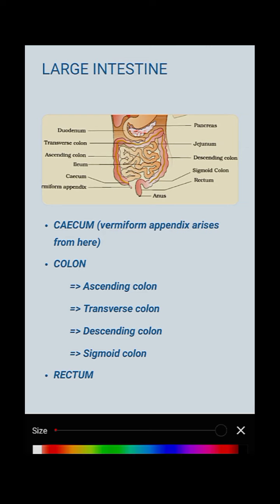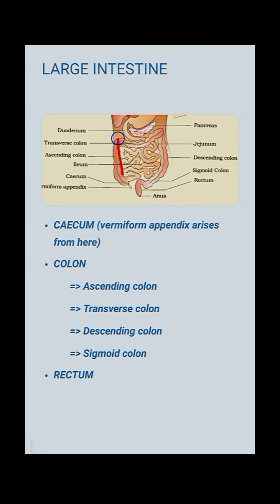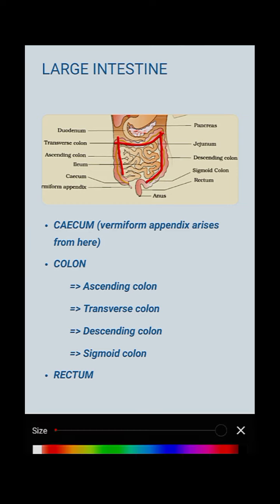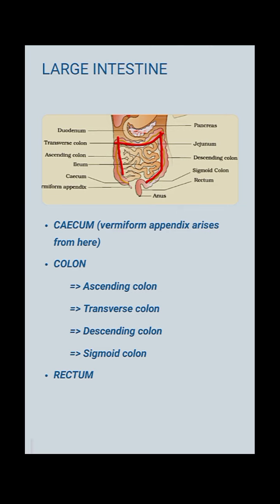Next we move to the colon. After the cecum you can see here, then here, then here, up to this is the colon, and the colon has four divisions. First is the ascending colon; we are going from down to up. Then the transverse colon, we are moving like this. Then the descending colon, of course going down. Then the sigmoid colon, which is somewhat S-shaped. These are the four parts of the colon.